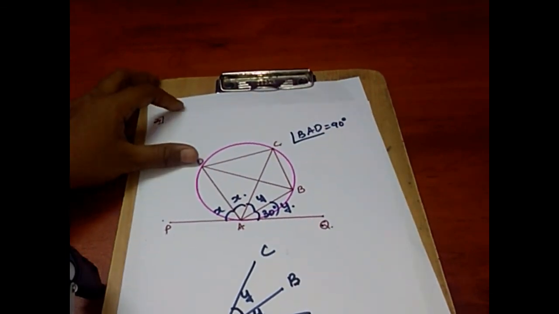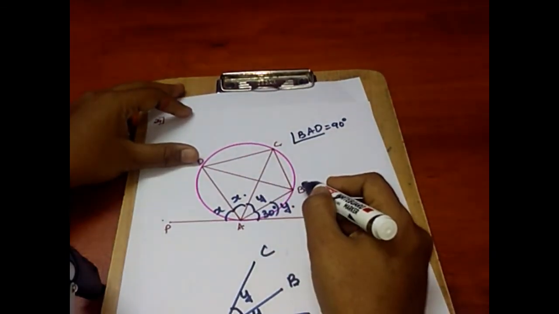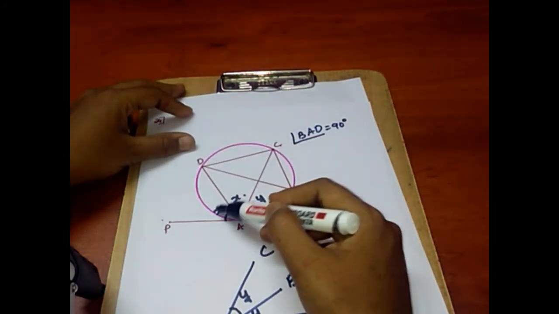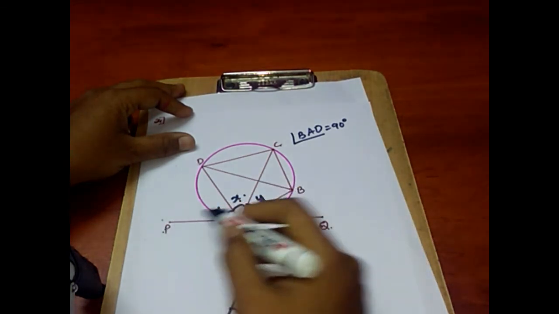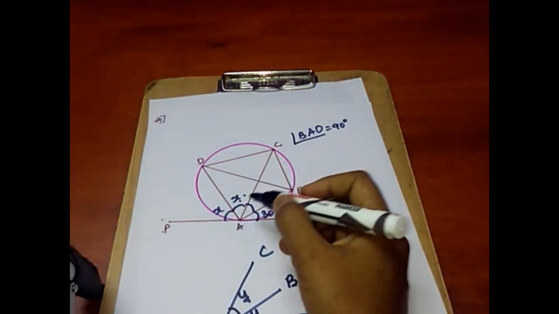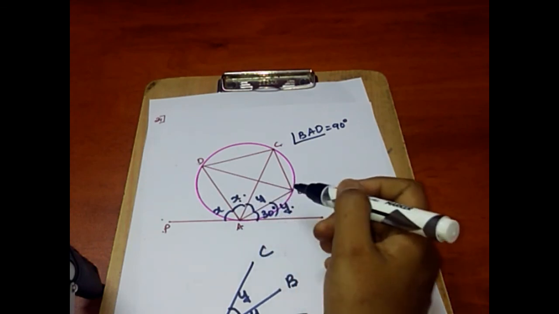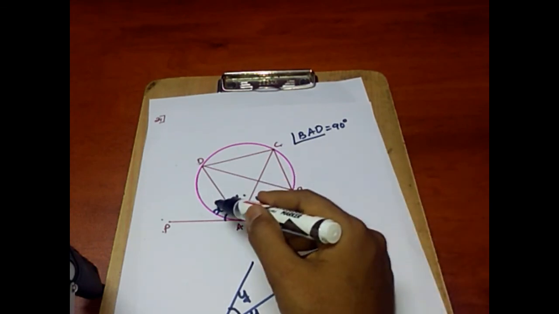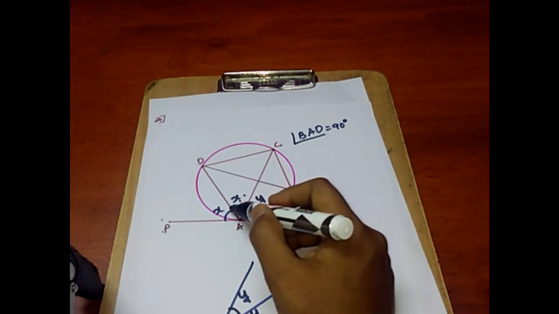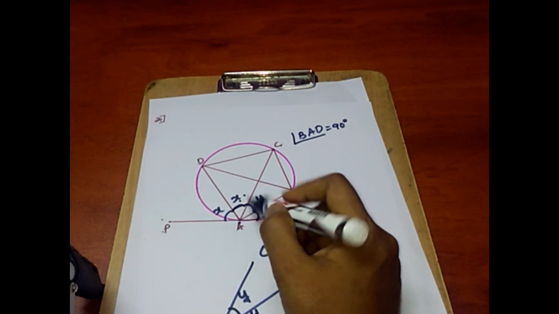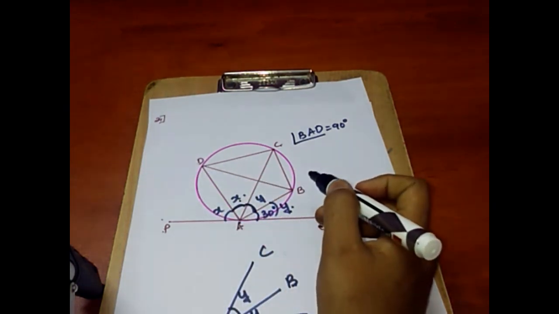Just go through the problem very carefully. AB is the bisector, so equal angles are marked as Y. AD is the bisector and equal angles are marked as X. As PAQ is a straight line, linear pair angles, the sum of these two angles will be equal to 180. By substituting the values of X and Y, we got X plus Y is 90, which is nothing but the angle in a semicircle. Hence BD is a diameter. By this we have completed all the problems of exercise 18A.